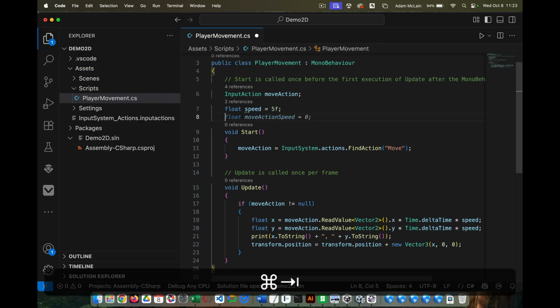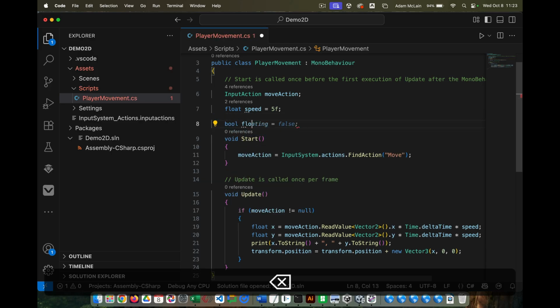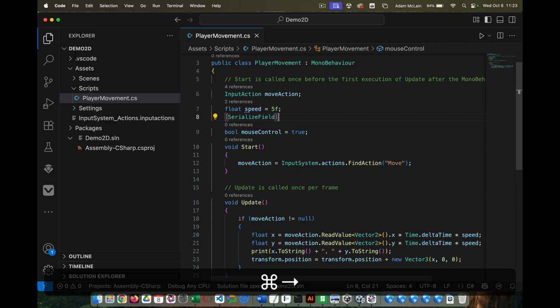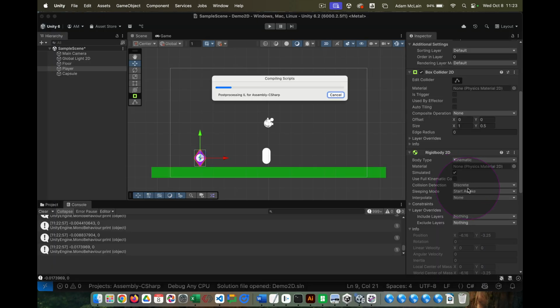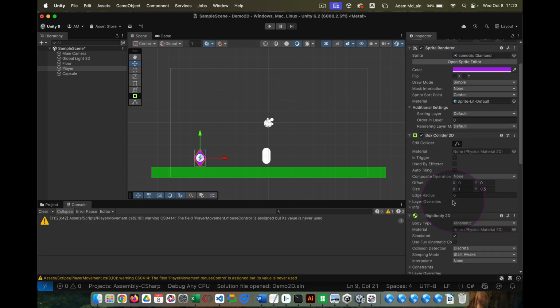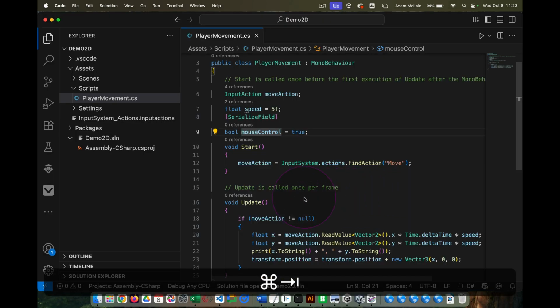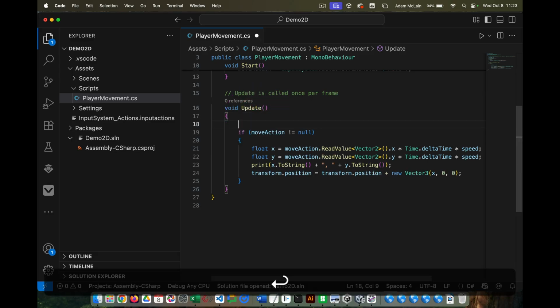All right, so let's do float mouse control. No, not float. Boolean mouse control equals true. And I'm going to go ahead and serialize that field so that I can see it in Unity. So if I'm on the player and I have a variable that I've said serialize field on, I can then control it from within Unity. Okay, so if mouse control,